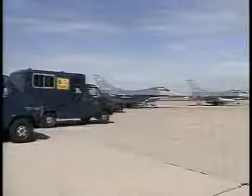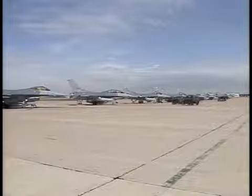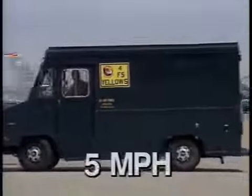When driving on the flight line, always approach an aircraft with the driver's side of the vehicle. This is to ensure easy egress. Also, never drive or park your vehicle under the wing of an aircraft, and your speed will not exceed 5